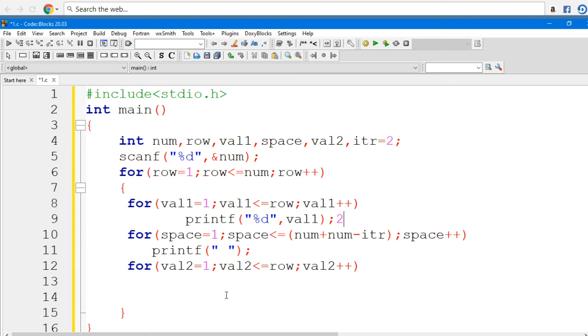Next time it will end with 3, not 2. So guys, first time 1 will be printed. After going to here it will be incremented by 2. Then you check the condition, 2 is less than or equal to 1. Only that condition fails. Then going to here. So now your value 1 is what?